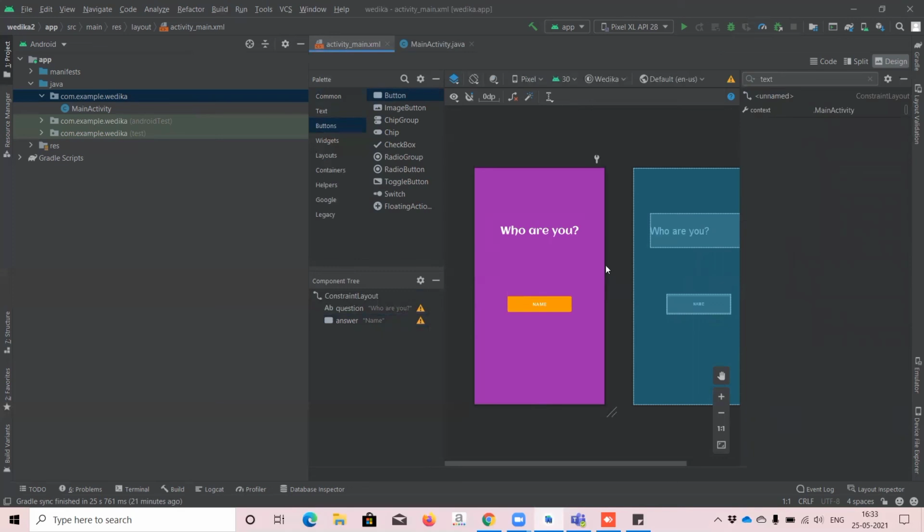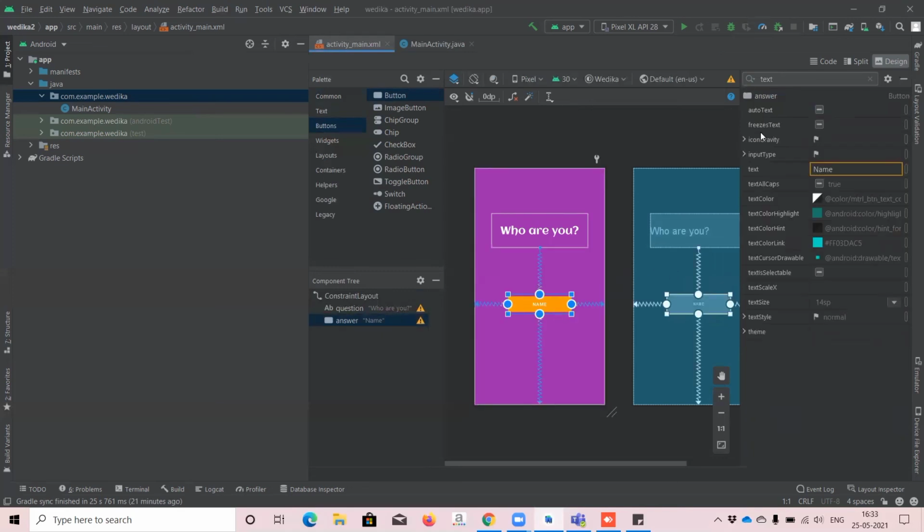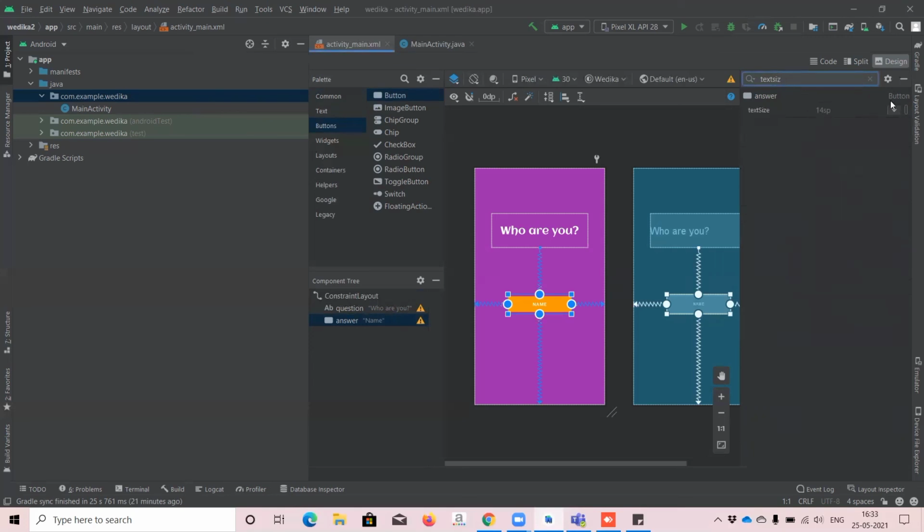If you really think the text size is too low, you can increase the size even inside the button. I think it is too low, so I'm going to increase it to 16 SP. Even that is too low, so I'll increase it again. So if I select this button, it shows what the student name is. Very simple. That's it. This is totally completed. You don't want to do any other thing.